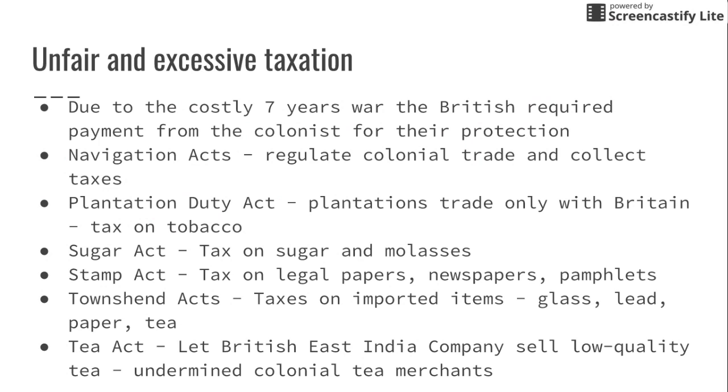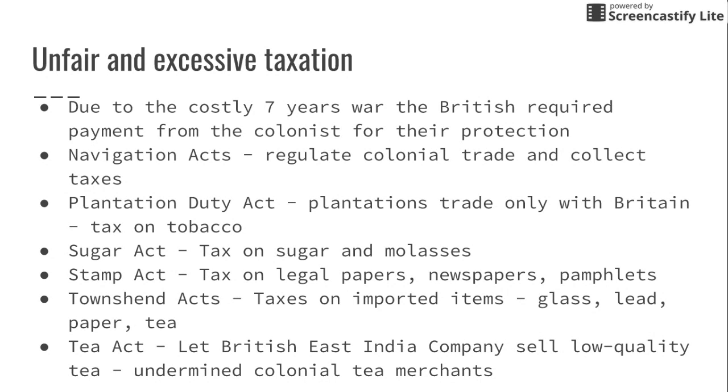And for number one, we chose unfair and excessive taxation, which was due to the costly 7 Years' War, the British required payment from the colonists for their protection. Some of the things that were set up were the Navigation Acts, which regulated colonial trade and collected taxes, the Plantation Duty Act, which made plantations trade only with Britain, like a tax on tobacco and other items like indigo, as well as the Sugar Act, which was a tax on sugar and molasses, the Stamp Act, which was a tax